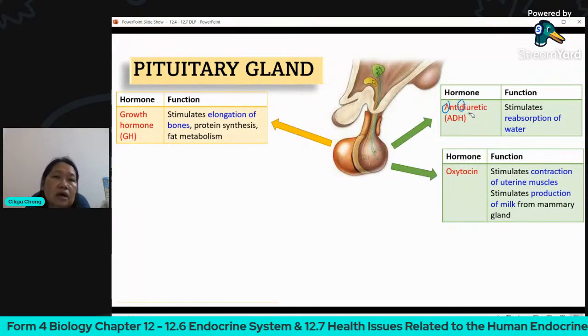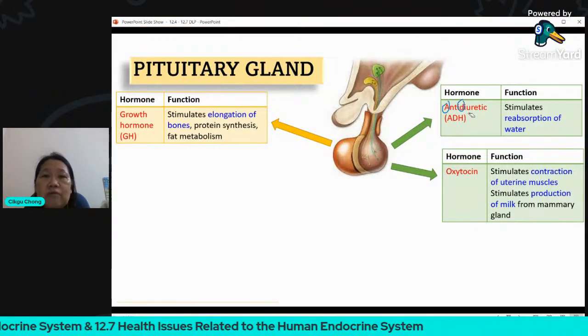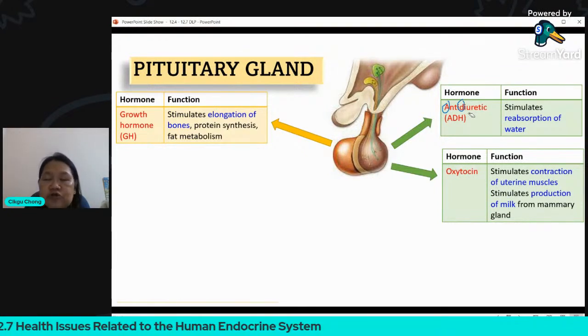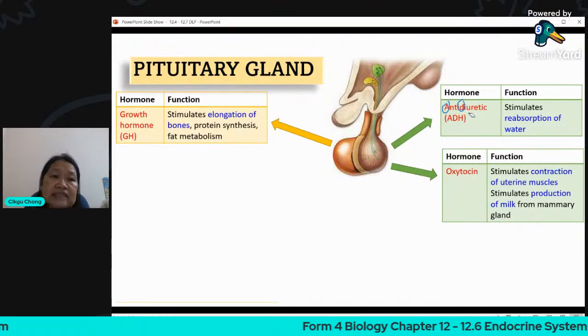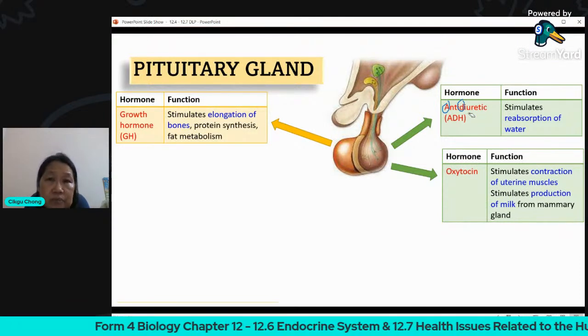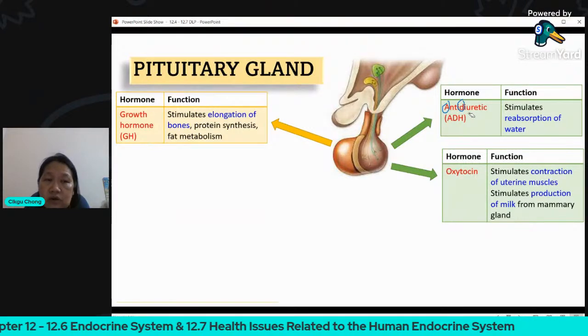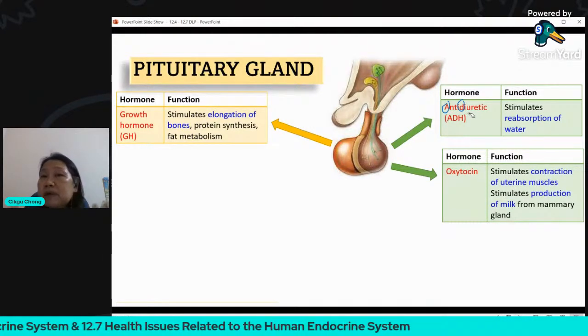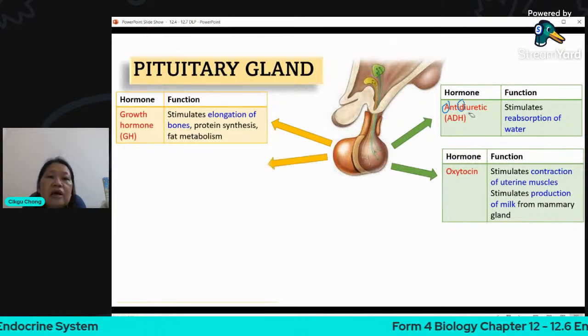This is quite obvious during the puberty stage. When children undergo puberty, a lot of growth hormone will be produced at higher quantities during this time. Protein synthesis, production of making new cells. All right, you need protein. Then fat metabolism to break down the fat and so on. So you see, when people grow up, they lose their baby fat because a lot of the fat is being metabolized. That means broken down, oxidized, and so on. Okay, growth hormone. Okay, next.